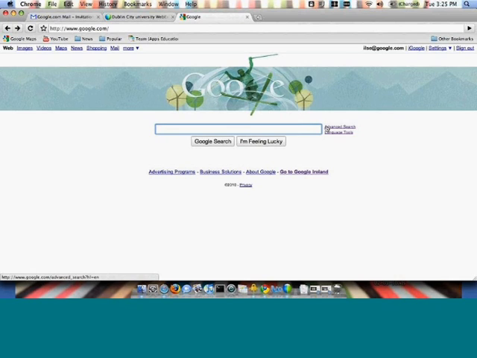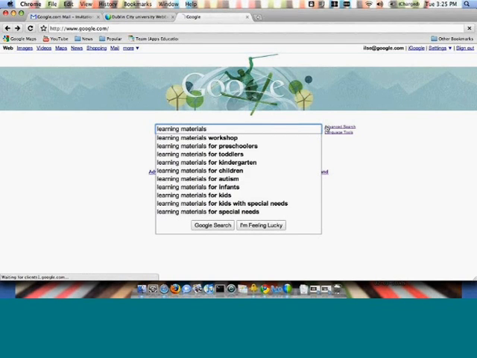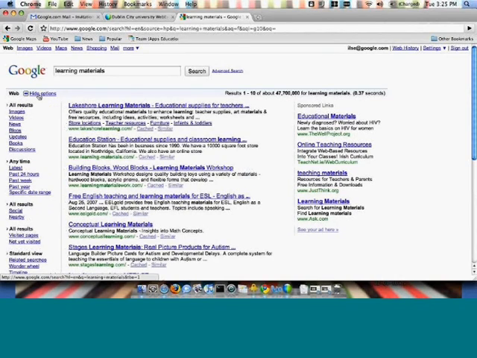And then I just want to go into a little bit more detail about the search options that our search guru just showed you in the video. So I am going to do a search for, let's say, learning materials, and hit enter. So these are the search results that are returned when I type that in. If I wanted to look for different search options, I have the opportunity to click here on the show options link. And what that does is it brings you